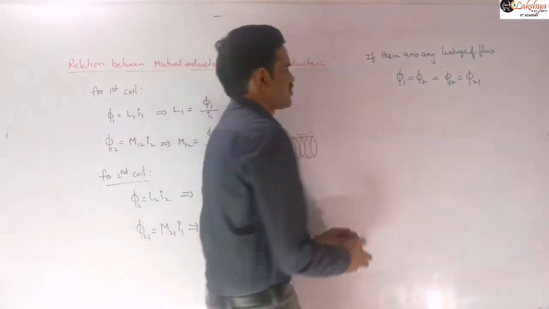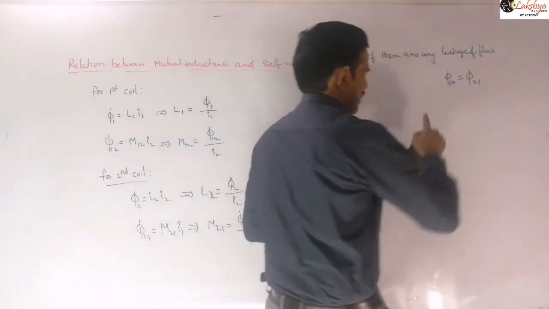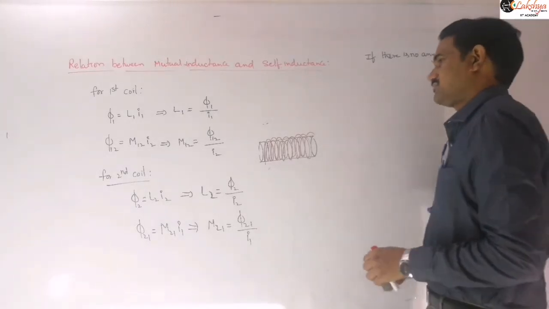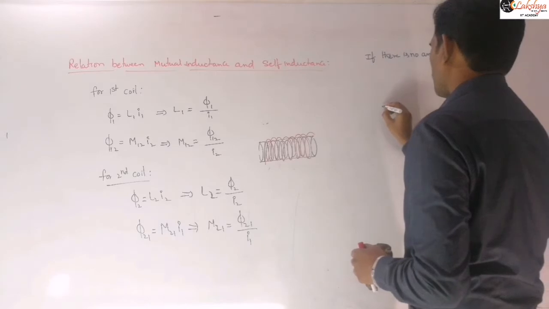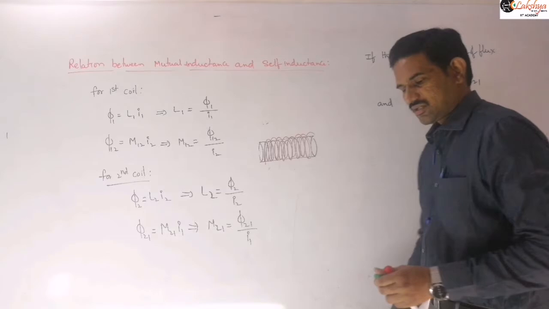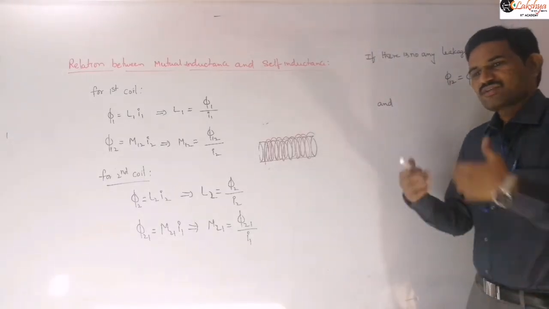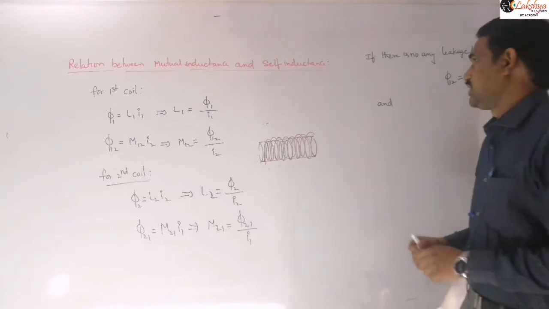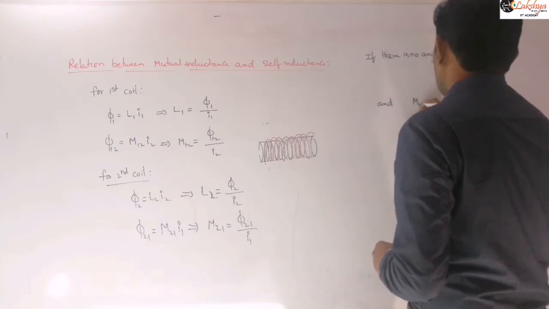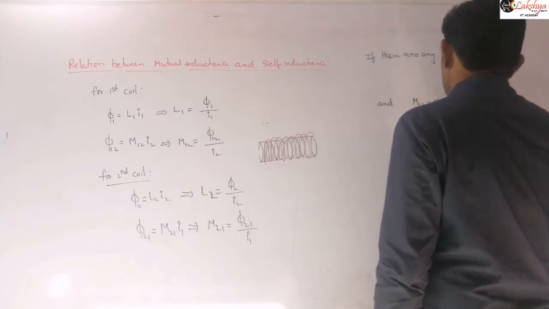As we are writing this mutual inductance relation, I am taking the flux passing through one coil with respect to the other coil: phi 12 and phi 21 are equal, I am assuming. And they are tightly coupled, in the sense that there is no leakage of flux. The flux due to one coil through the other coil will be equal. And M12 is equal to M21, say M, so that we are assuming.